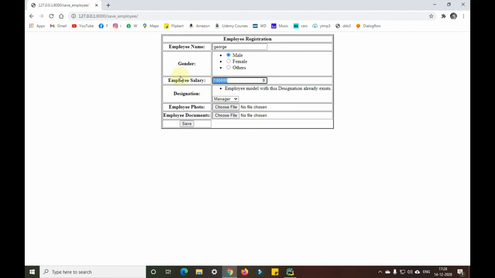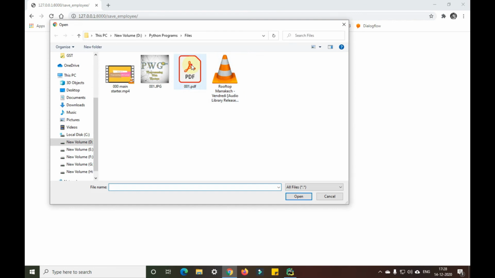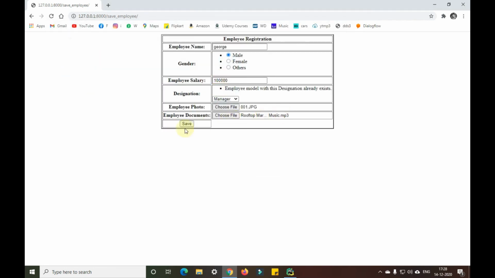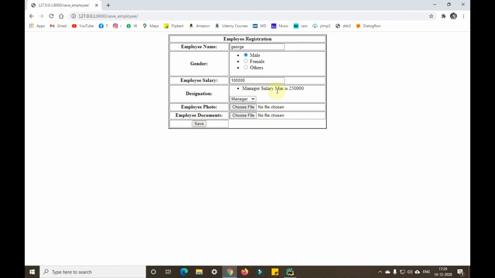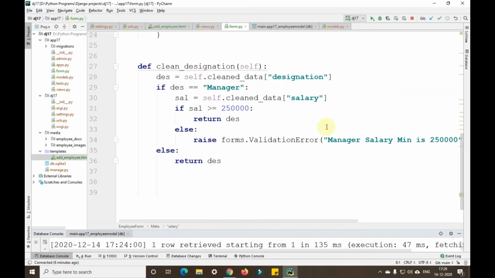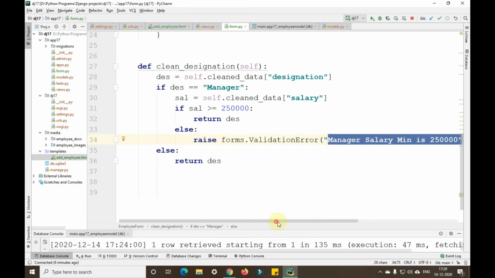Give this as 1 lakh. Choose the photo as 001 and choose any other file; I'll choose this MP3 file and click on save. As you can see, it is showing the minimum manager salary is 2,50,000. As we have given this error here, that is being appeared.